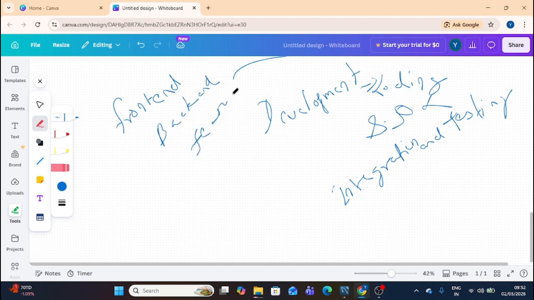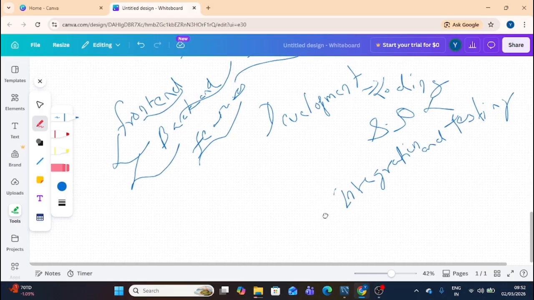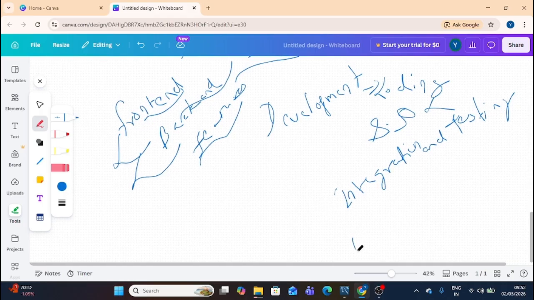But are those all linked or combined? No, they are not combined. So in integration, we combine all these features together. And in testing, we check whether these features actually work or not, or whether they have some errors. We do that in this stage.